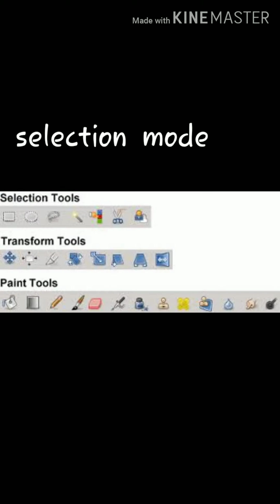Now if you want selection modes, they are presented when you make a new selection. The previous selection goes away by default, and you will need to add to the current selection, subtract from the current selection, or intersect with the current selection. One by one, I will explain the selection modes. If you select the rectangle, in the rectangle selection tool there are 4 modes.